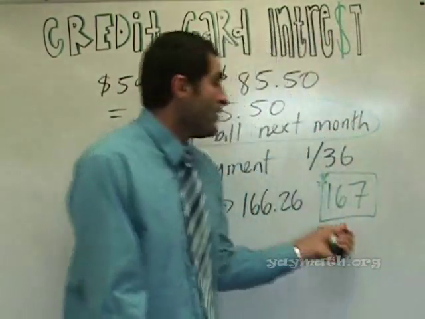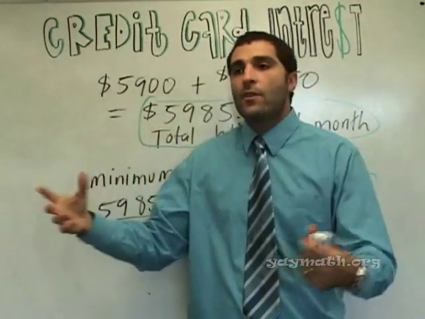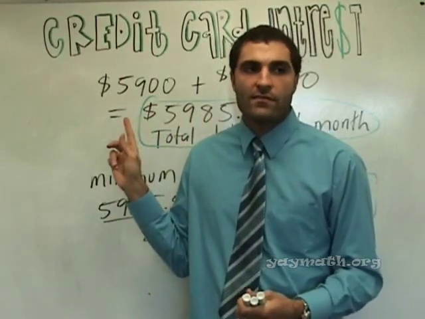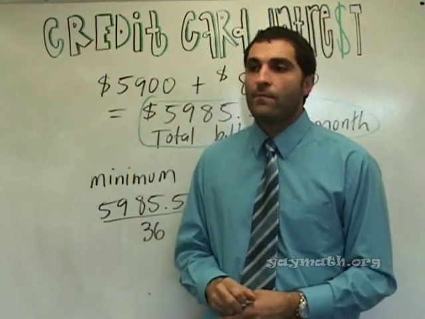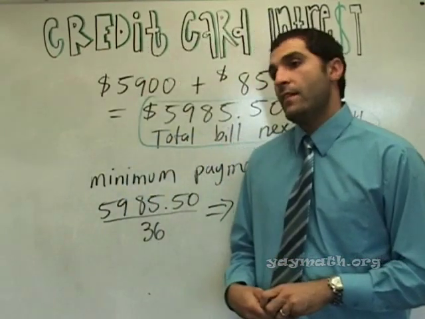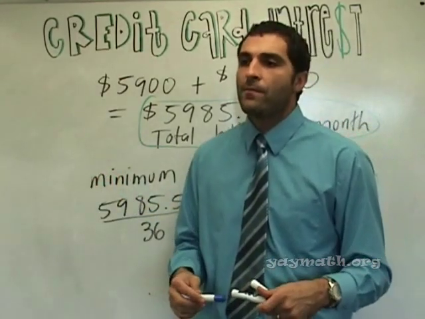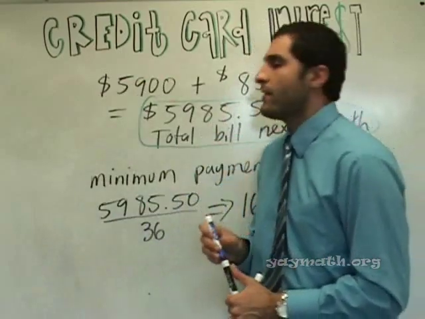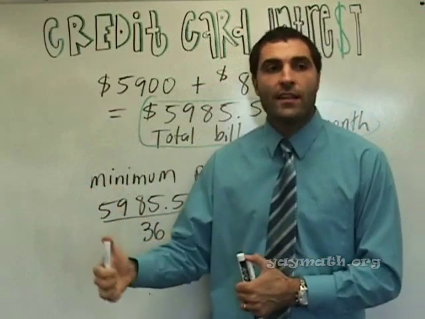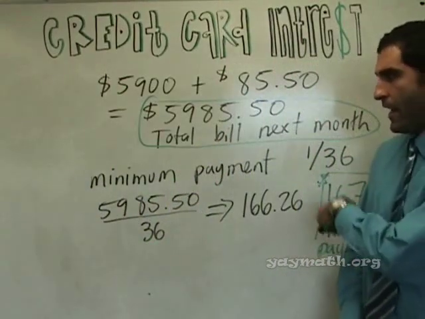You're free to pay $167. You're free to pay it all, or you're free to pay somewhere in the middle. And if you don't pay it all, you're paying interest. Like, if you don't pay all of it that month, when do you pay for the extra money? Next one. That's how we came in with the 7,000 debt in the first place, remember? Oh, yeah, you're right, because that was from May. So that's the idea. If you pay everything that you owe at the beginning of the month when the bill's due, you don't get charged any interest. But otherwise, you get charged $85.